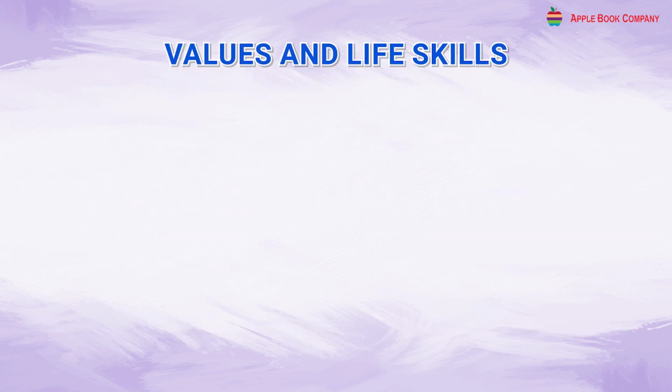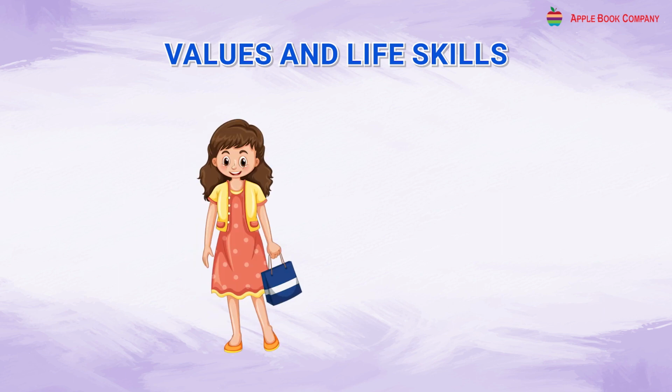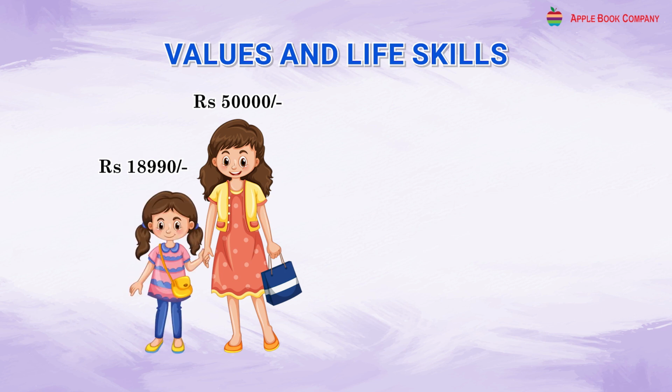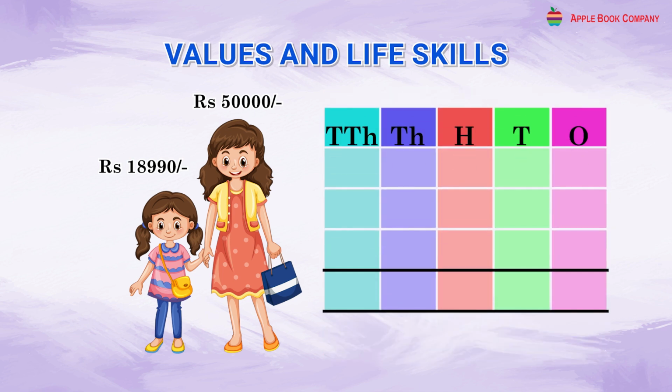Values and life skills. Julie had savings of 50,000 rupees from her salary. She gave 18,990 to her sister Sophie for her school fees. How much money is left with her? So how do we solve this, children? You have to remove